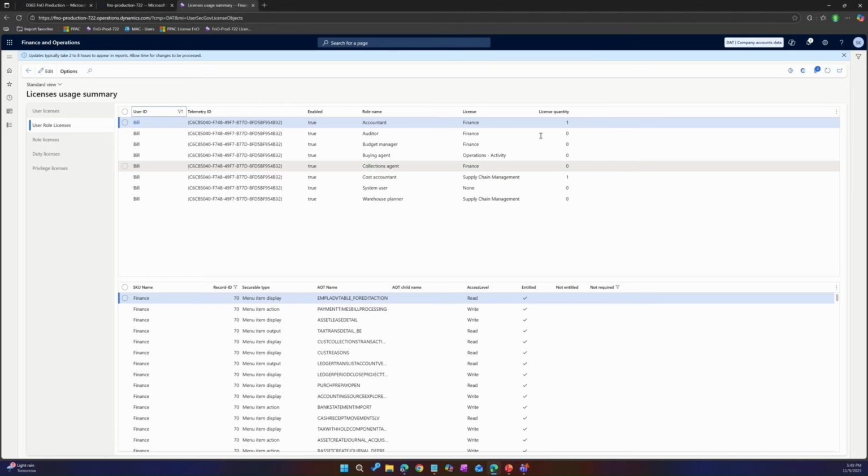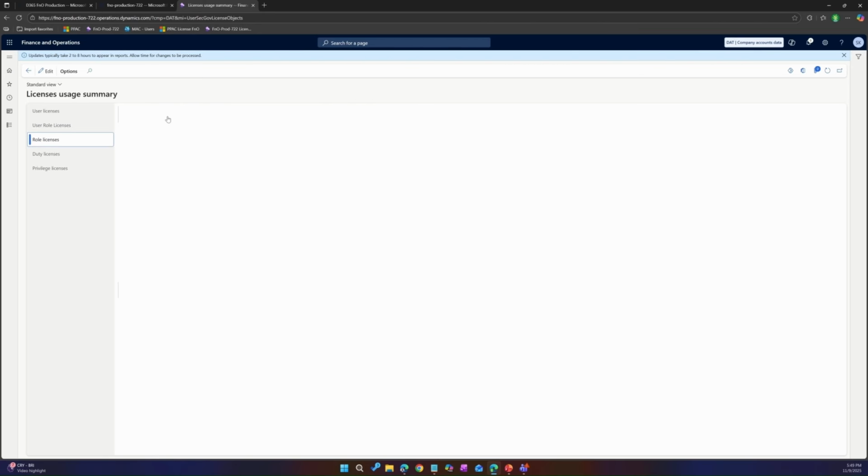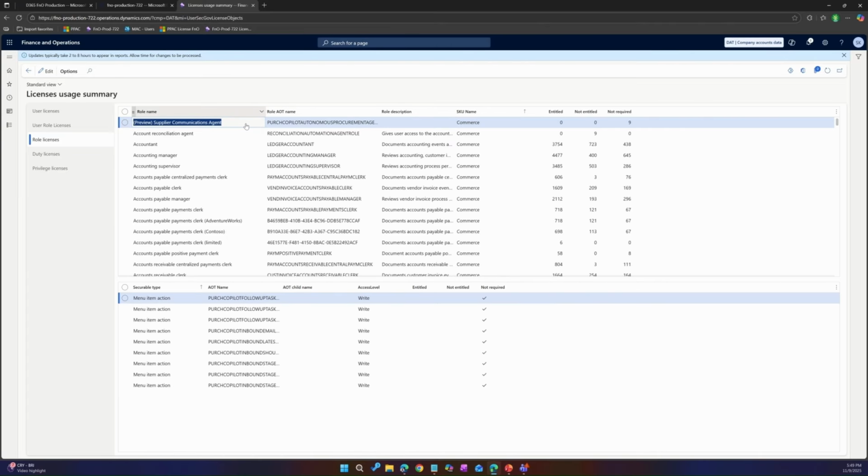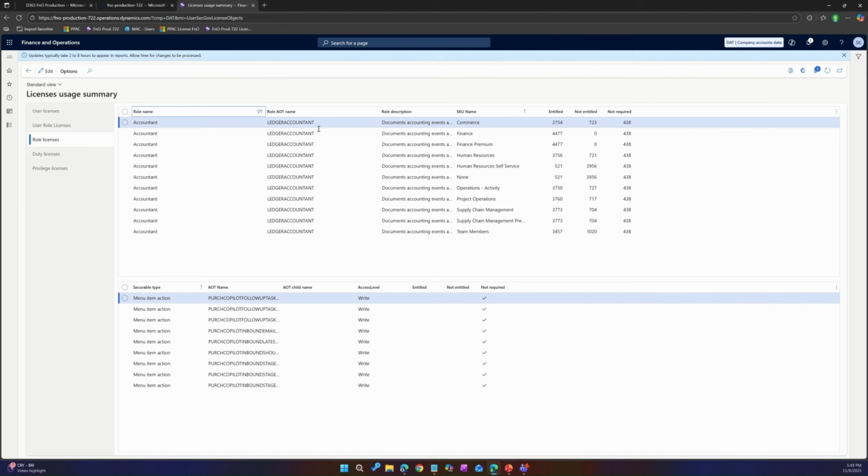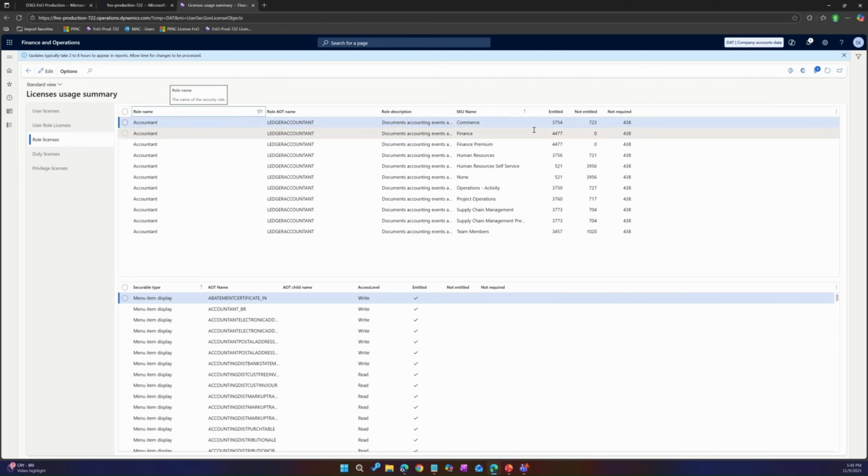So it can be a finance base as well as supply chain attach, or vice versa, supply chain base or finance attach. After this, let's understand what the accountant role covers. If I go under role licenses, I can filter down for the accountant role and find out for all SKUs what is entitled and what is not entitled. If I see for finance, it's